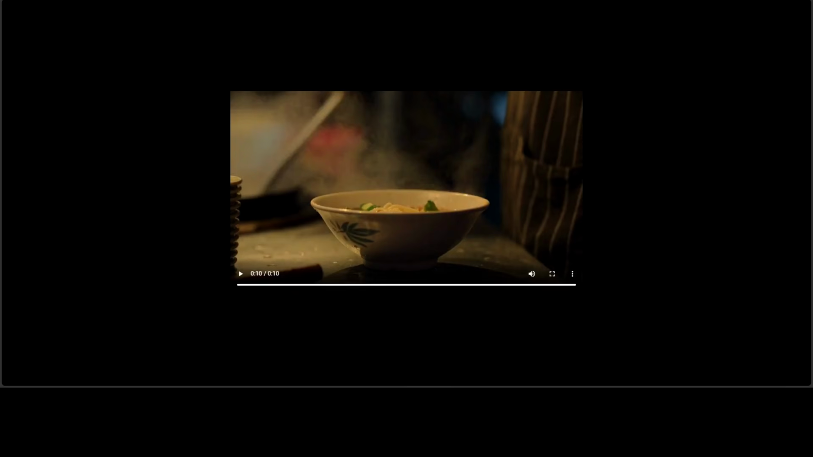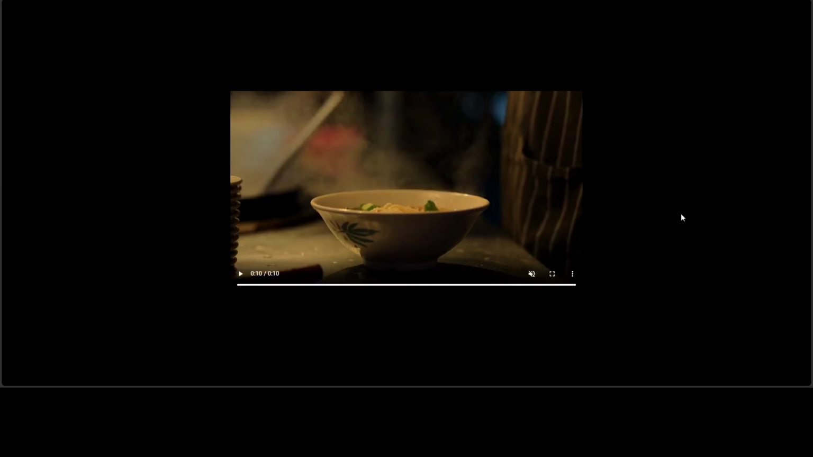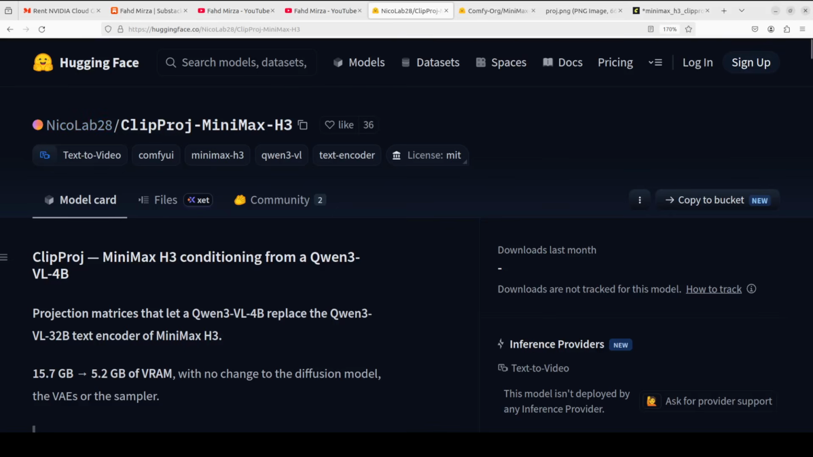Maybe the audio could be improved, especially around the rain droplets. But other than that, look at it again. So, where the smoke goes into the rain, that could be improved. But other than that, this looks pretty good to me, even the human expressions. So, not bad. A pretty good effort from this ClipProj MiniMax H3 project in the open source, and that is